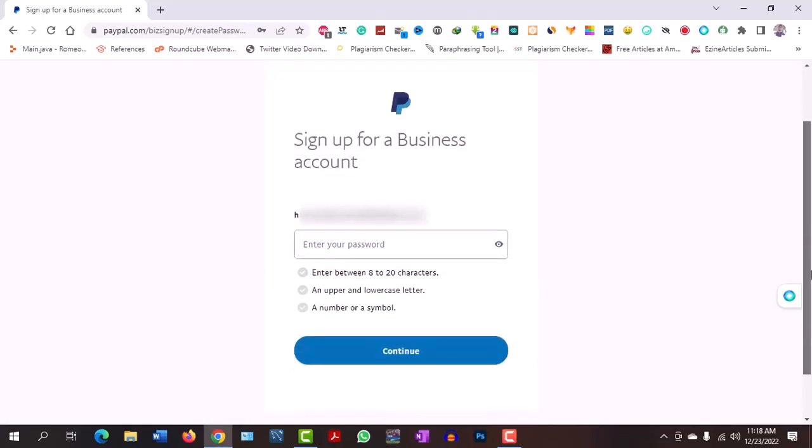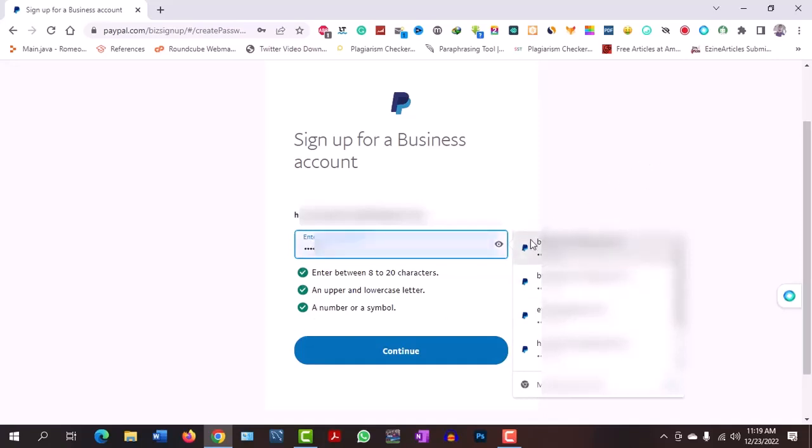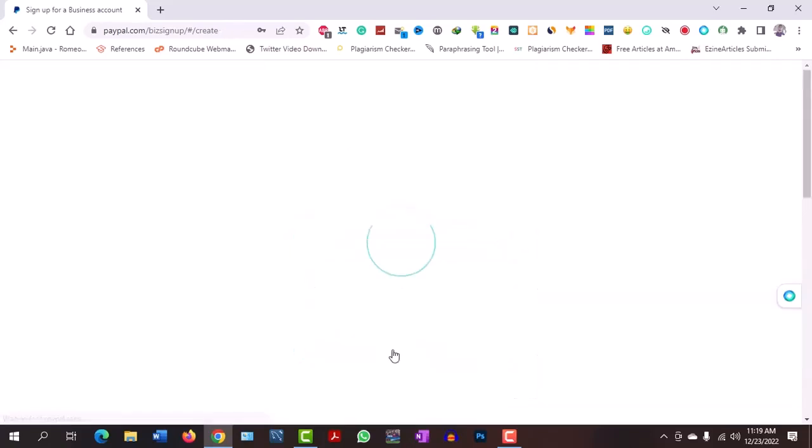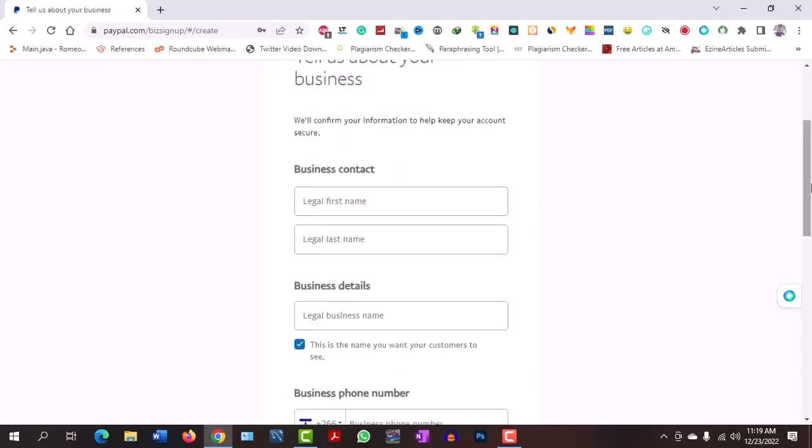And here you are supposed to provide a strong password, because here we are dealing with money. PayPal is all about money, so you make sure the password that you are providing is a good password, a strong one that will be very difficult for other people to use. So let's type in our password. As you can see, if you do everything correct, all these green things will highlight. So I'm done with my password. So after you are done, you click on continue, and now here you are supposed to provide